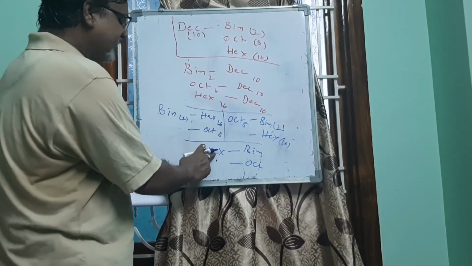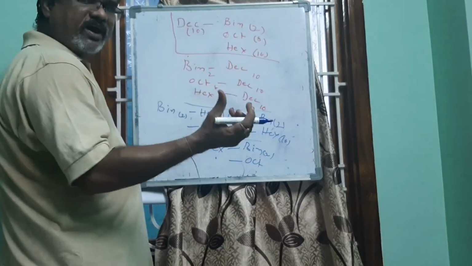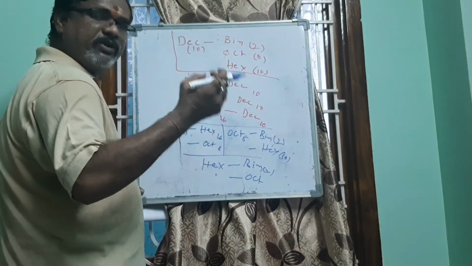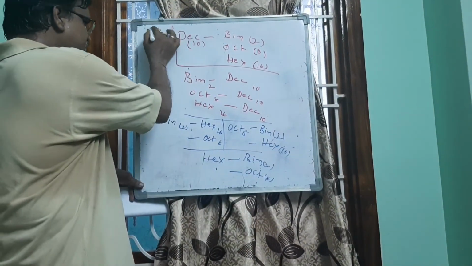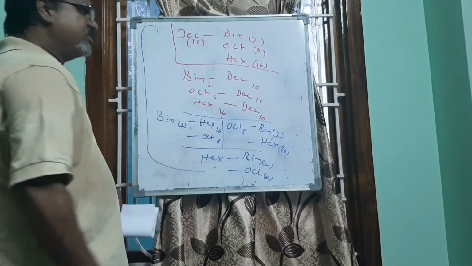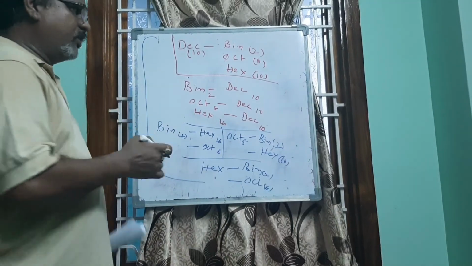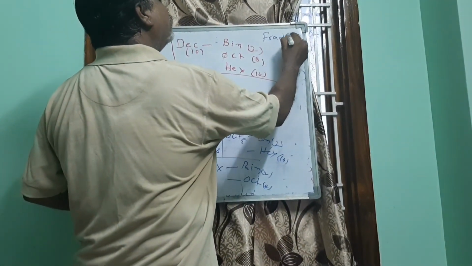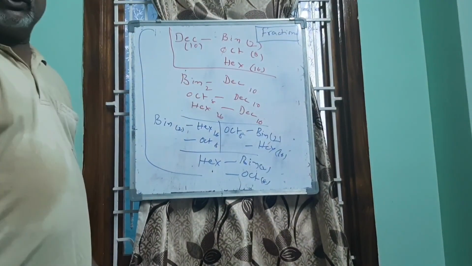So here also, for hexadecimal, I have converted that into the equivalent binary value. After converting to binary, whatever binary number we get as the result, we group them into 3 bits each, and the equivalent octal is written. So in this session, we have completed this conversion, and in the next session, we are going to convert fractional numbers from one base to another base. Fractional numbers from one base to another base.